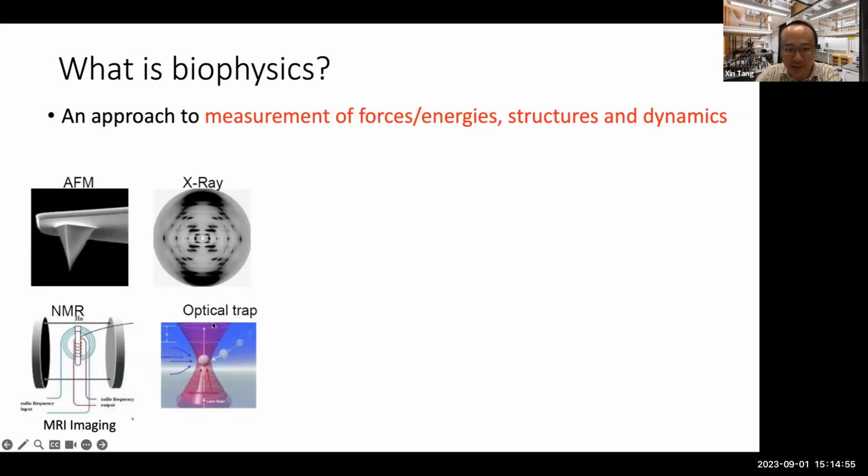Optical trap, the fourth one, is also Nobel Prize. They both are Nobel Prize. The theory of X-ray is also Nobel Prize. AFM actually yielded multiple Nobel Prizes. The tools. Okay, for number three, NMR, the theory is it applies a magnetic field to the patients